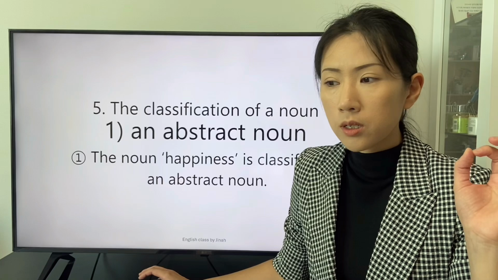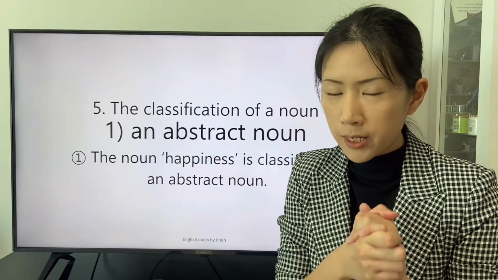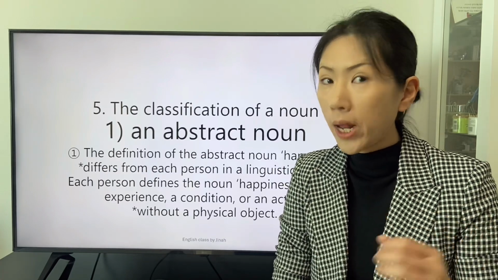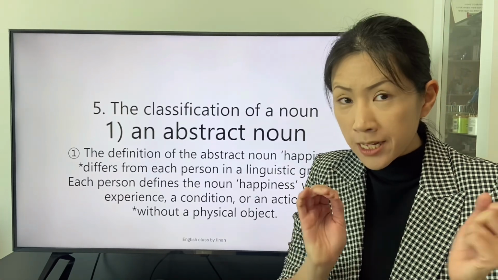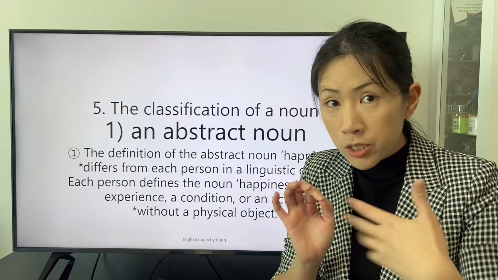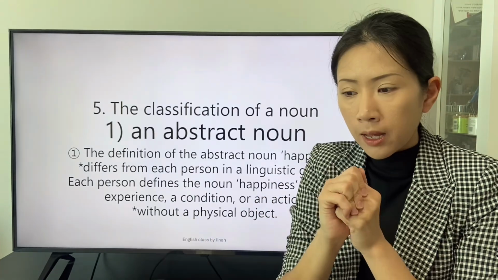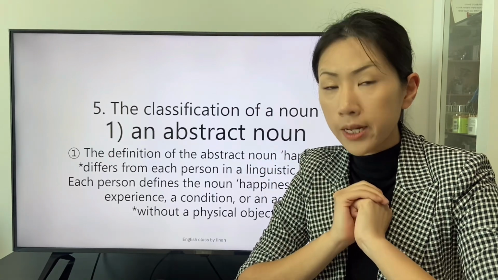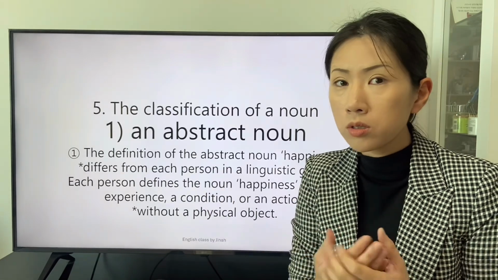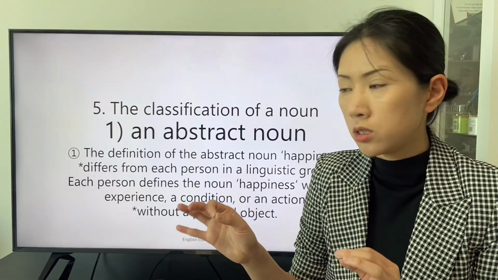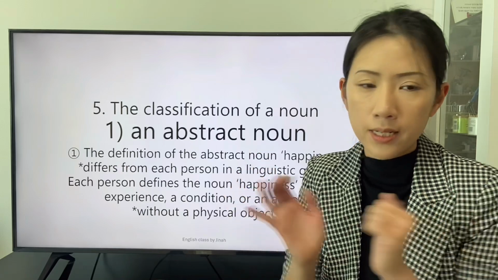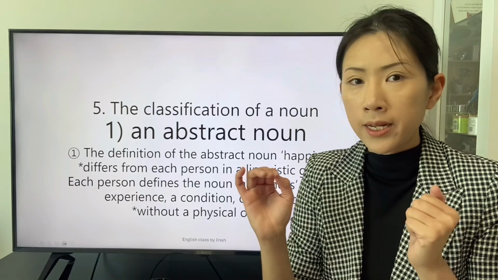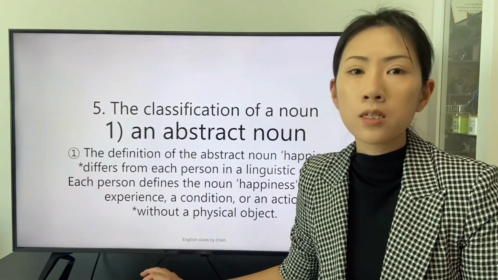The first example of the abstract noun is happiness. If I ask you the question, what is happiness? The answers of us will vary, and each one of us will accept our own definition on the object happiness. So the object indicated by the abstract noun happiness